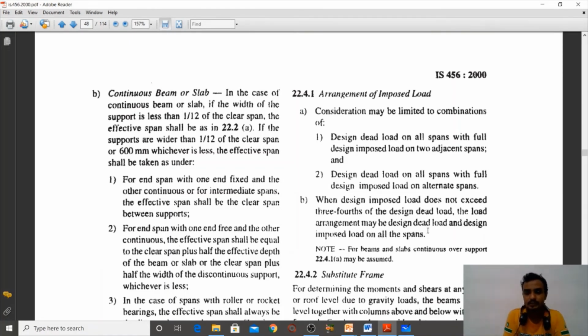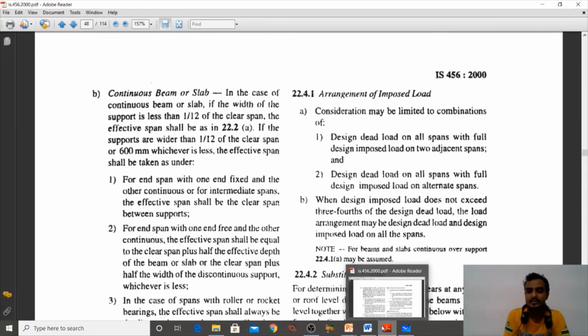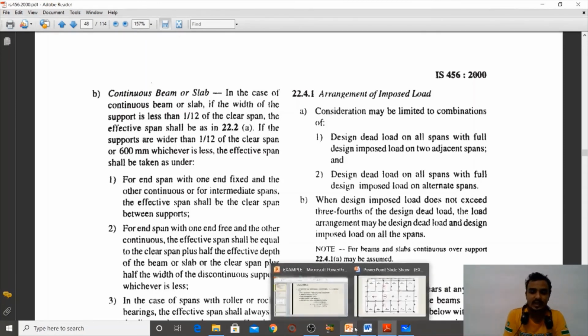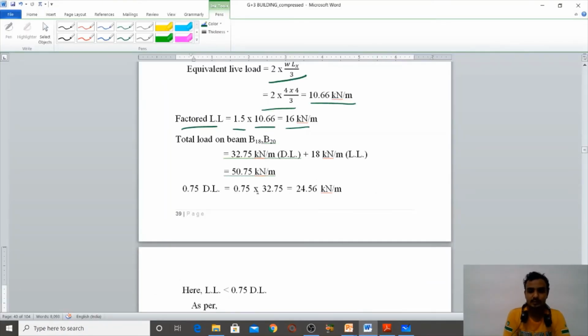on all the spans. So when this condition is fulfilled, we assume there is dead load and live load on all spans. Right now we are going to calculate 0.75 dead load. 0.75 into 32.75, where 32.75 is the dead load on beam 80